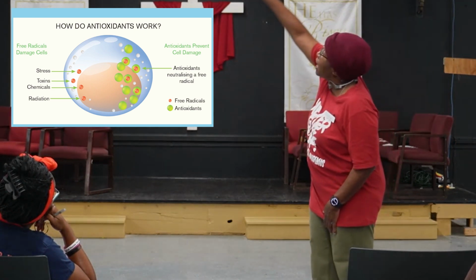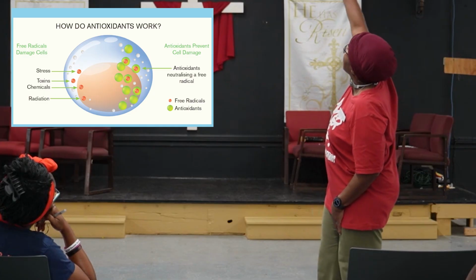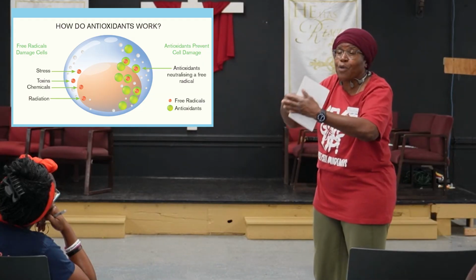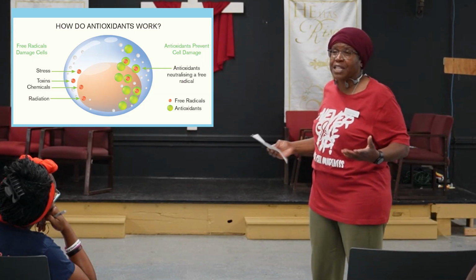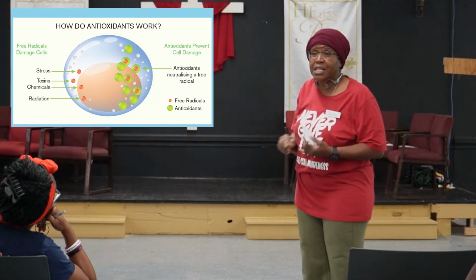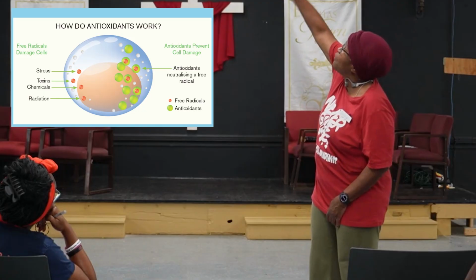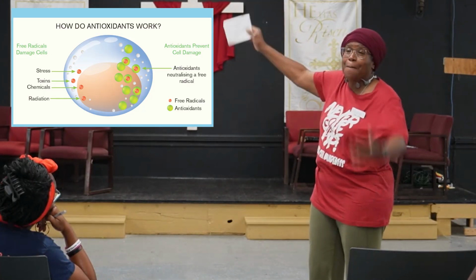So on this side, you see free radicals and what they do and how they damage. On this side, it's showing you what the antioxidants do. They basically bind with those free radicals and remove them from the system, make them now ineffective. So in someone who is in a chronic inflammatory state, there are so many free radicals and not enough antioxidants to help balance.